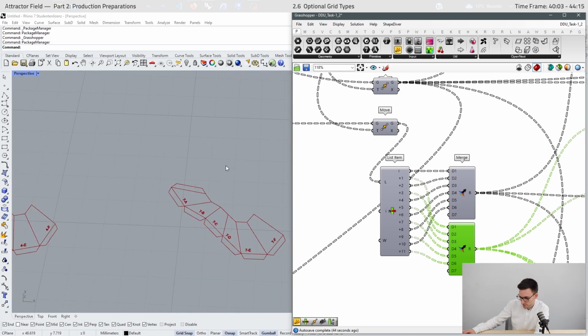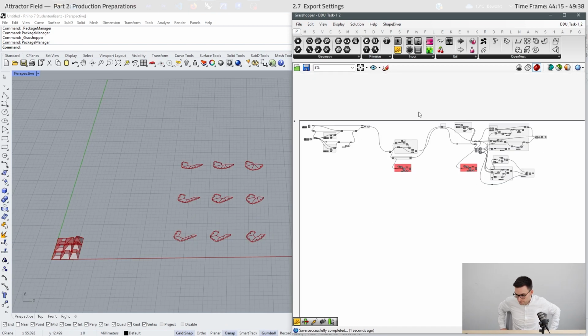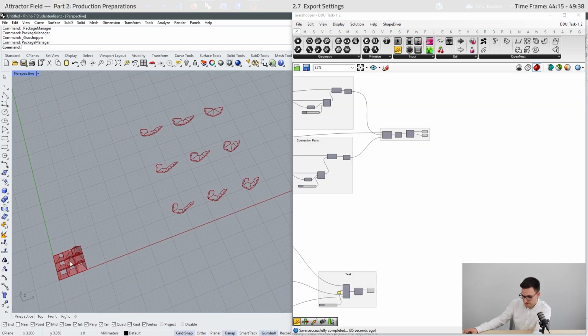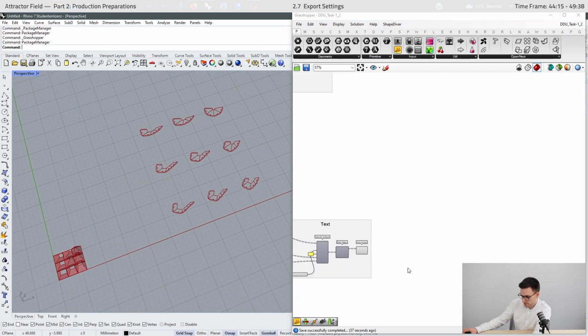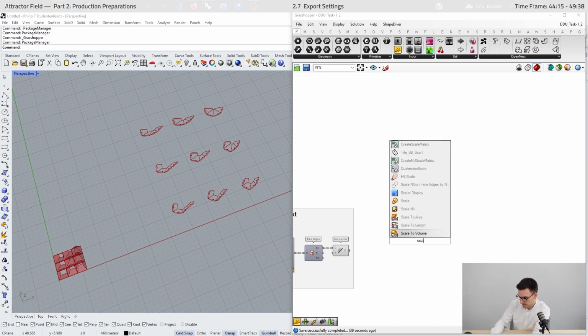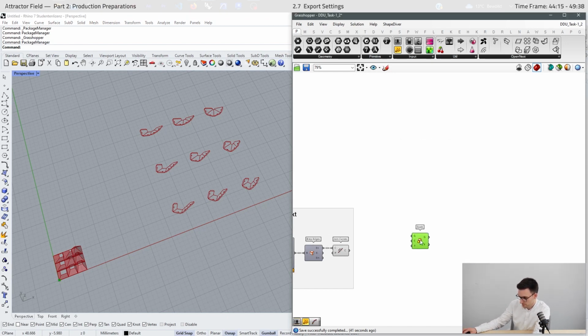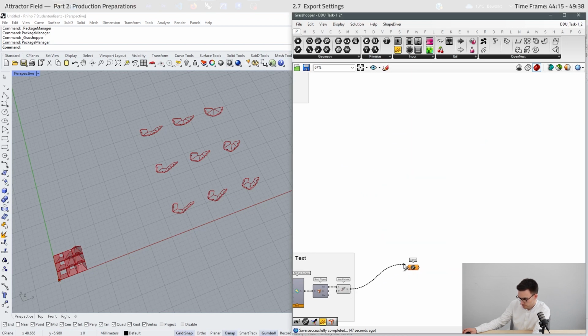If you have 4 faces, you need 4 points, so 4 inputs right here. So in the last step, I will show you how you can export your geometries. And to adjust the size of our geometry, we can just use the scale component. And here are our text curves.